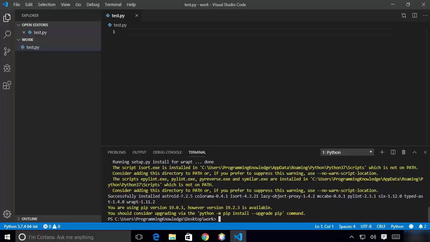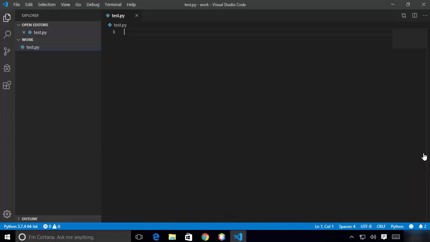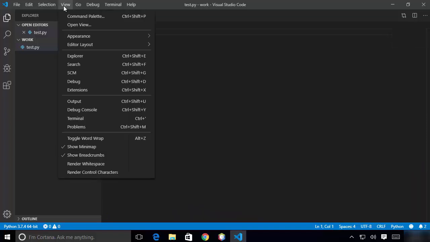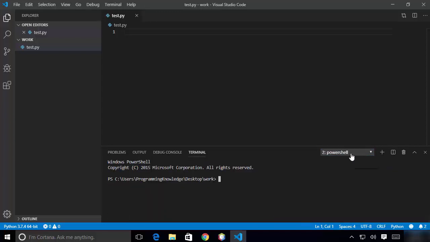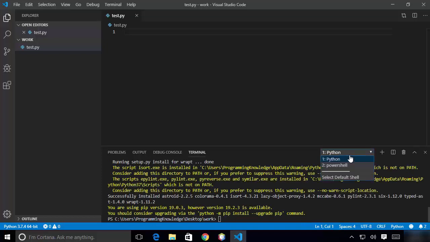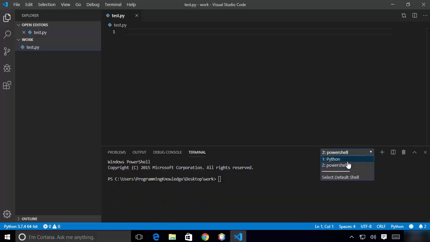You can see this terminal is also available inside your Visual Studio Code, from where you can run your script directly. I'm going to just close this terminal for now, and I'm going to show you how you can open it once again. You can go to the View menu, and from here you can just click on the terminal, which is going to open the terminal. If you want to open multiple terminals, you can just click on this plus button, and you can see there are multiple terminals open, which you can switch using this menu bar from here, right?